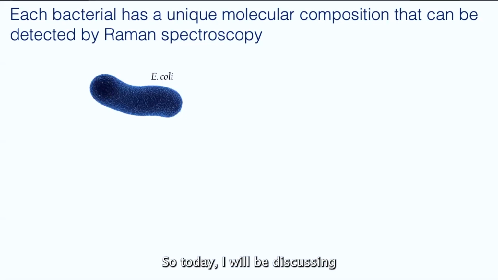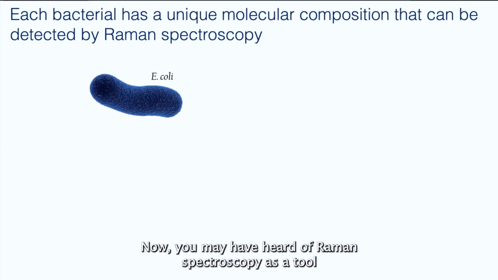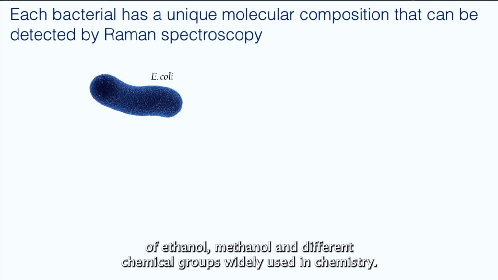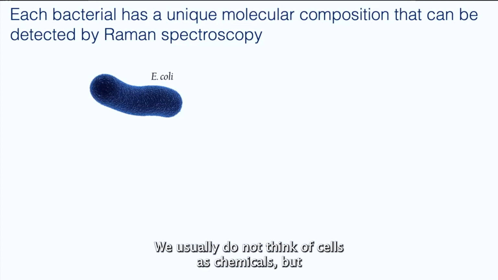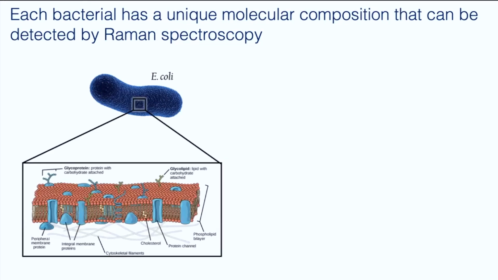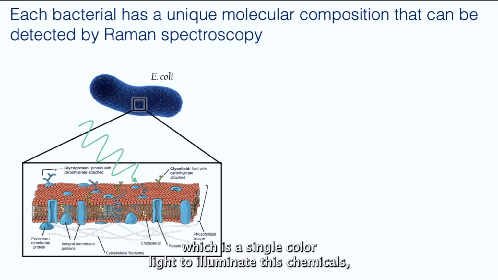So today I will be discussing a new approach of identifying bacteria types and their antibiotic response using Raman spectroscopy. Now, you may have heard of Raman spectroscopy as a tool for chemical identification, in which you get fingerprints of ethanol, methanol, and different chemical groups widely used in chemistry. We usually do not think of cells as chemicals, but essentially they are made up of chemical building blocks, which are proteins, carbohydrates, lipids, whereby the same principle of using a monochromatic laser light, which is a single color light,